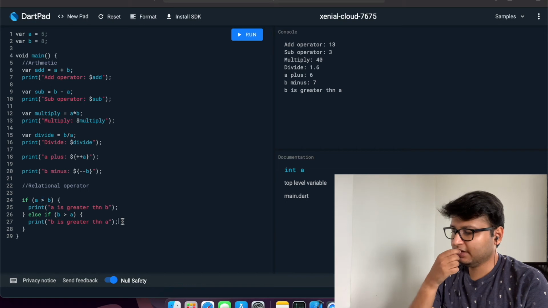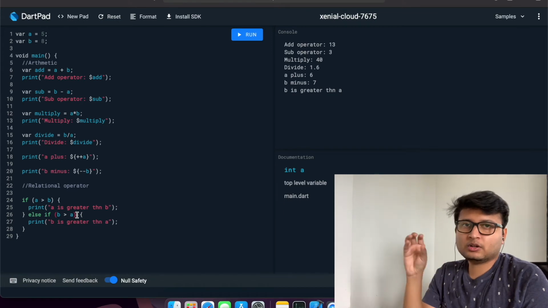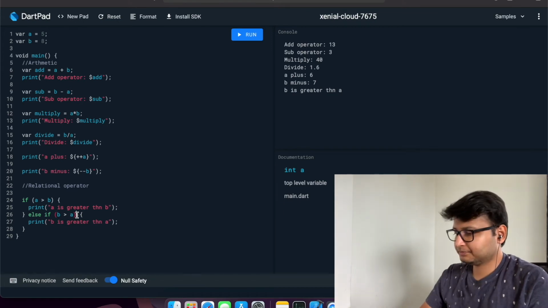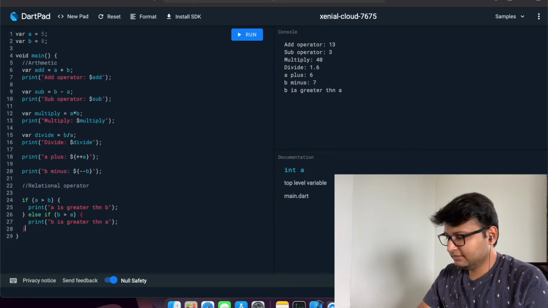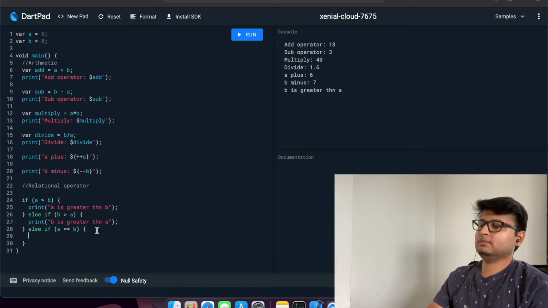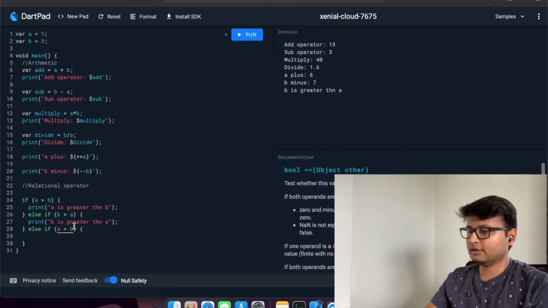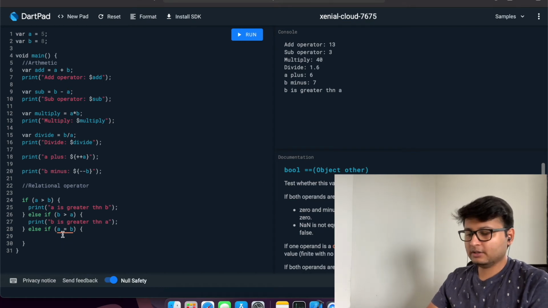So this is how we are comparing the values of variables using the greater than operator. Now similarly we have the equal to operator. It will check whether the values of those variables are equal or not. So similarly we can write here, if a is equal to b. To check the equality of two variables, we use the double equal to symbol. Remember this. Single equal to means you are assigning the value of b to a. So here we are not comparing, we are assigning the value. To compare, we use the double equal to symbol.